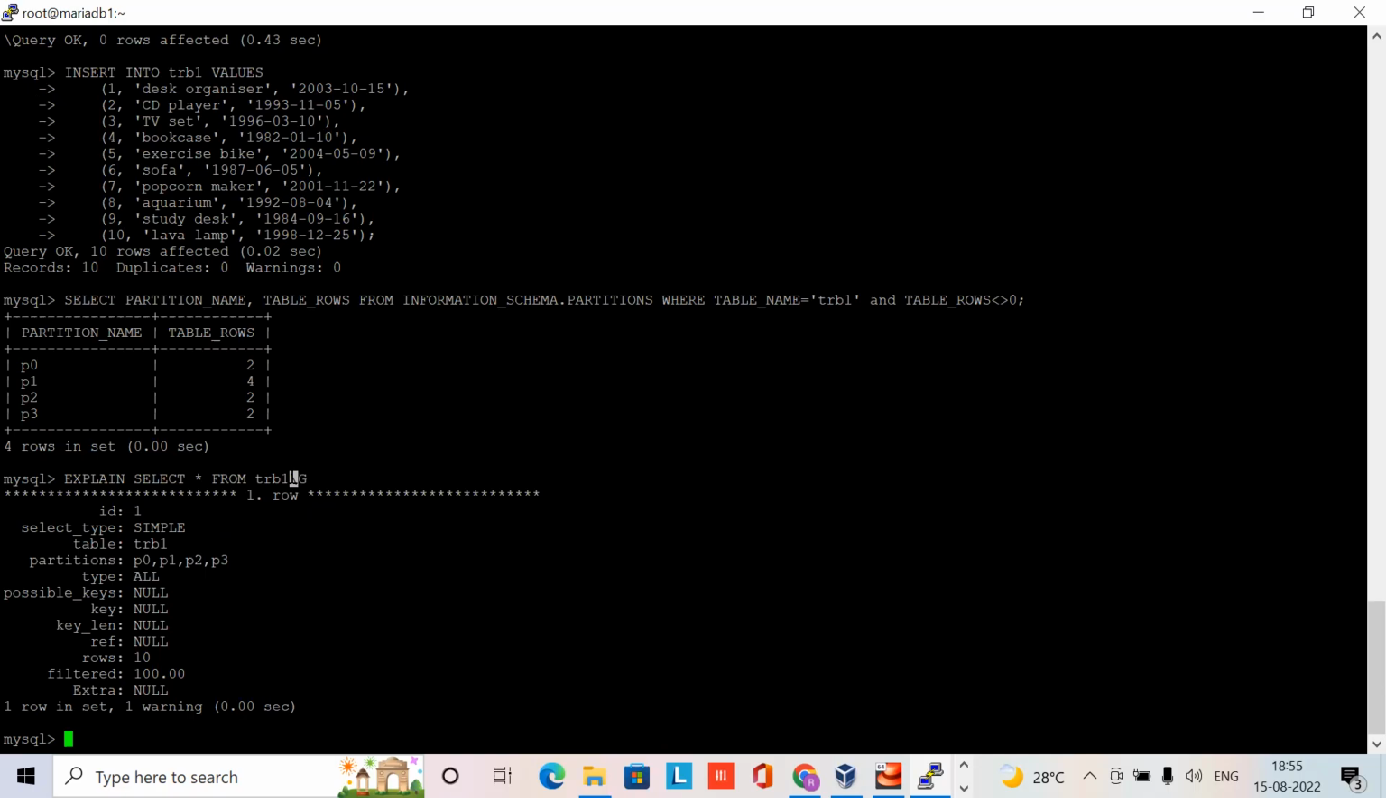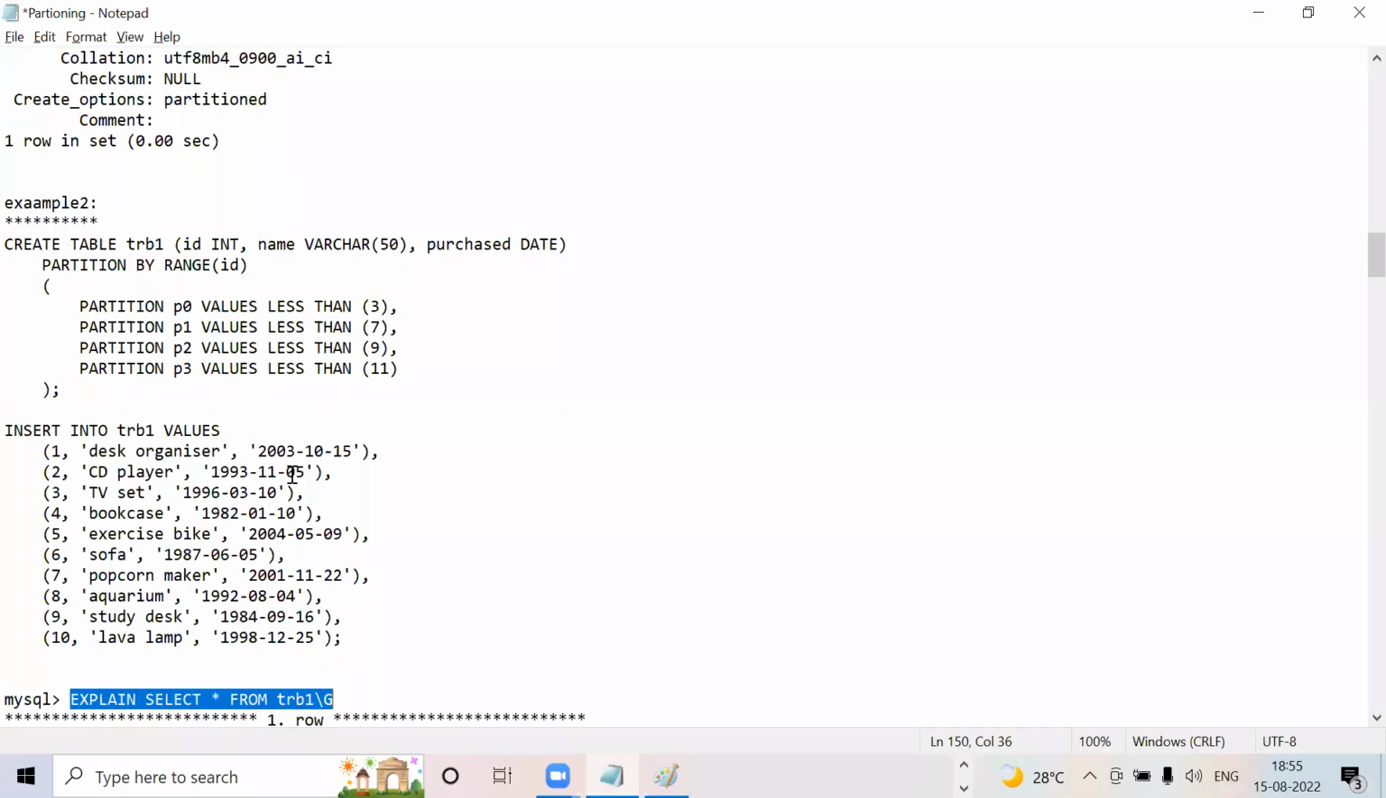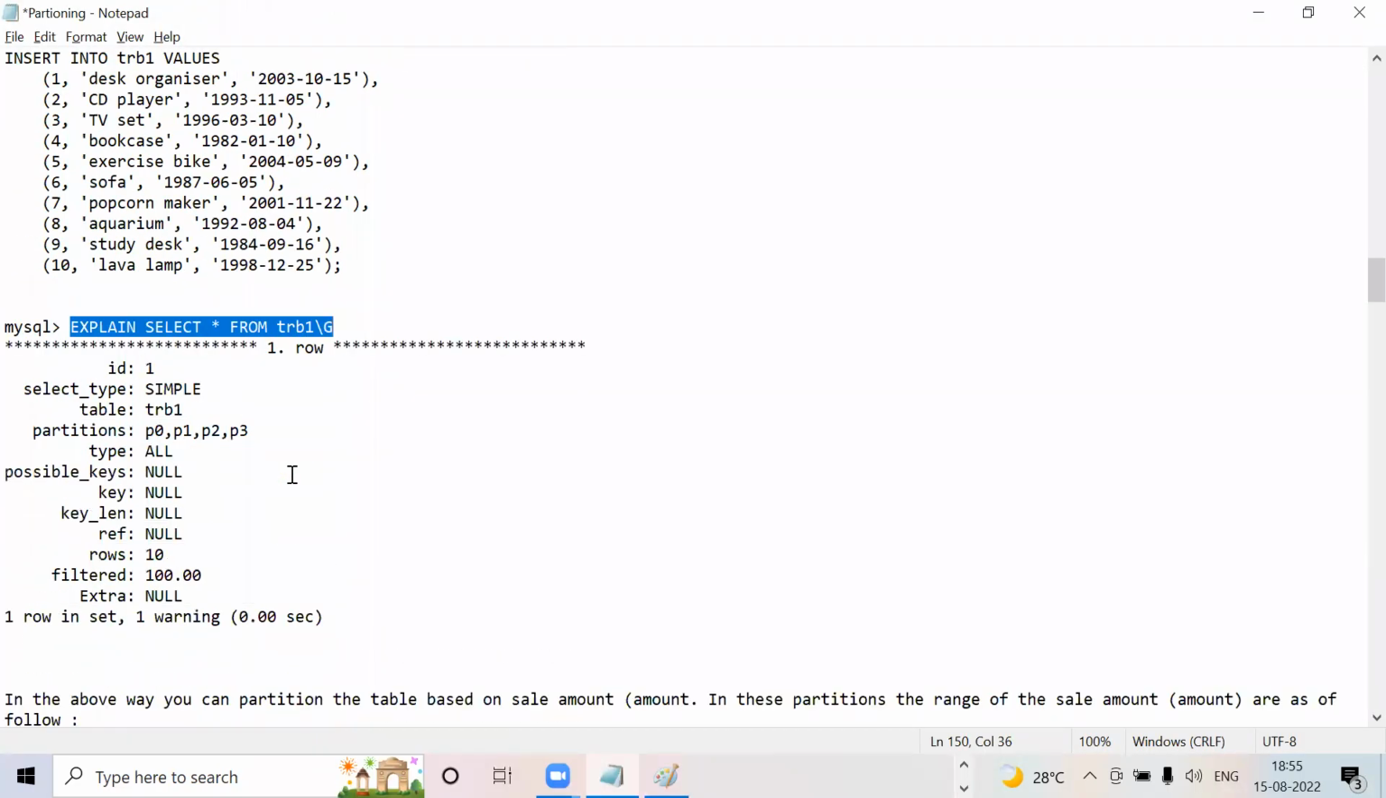If there is no partition pruning, even though you have created a partitioning, it is of no use. If partition pruning is working, then only I can treat it as working as expected. So I can use a where condition, then only it will work. So see,